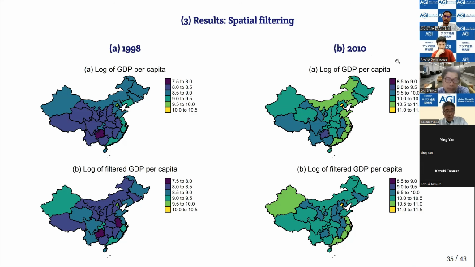If we filter the role of space, let's say if we use the spatial filter. Now, this again is common in the literature on Chinese provinces and convergence, because we see that there is this divide. The coastal areas of China are much richer, with access to foreign markets, with manufacturing as one of the bases of their economies, exporting out of China, and in the west, we have inland regions that are much less connected and are much poorer. That's an east-west divide that you can see in these figures.